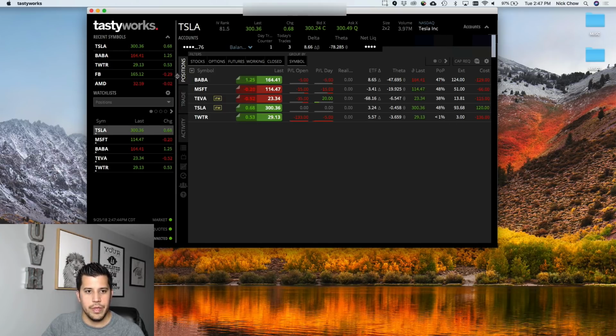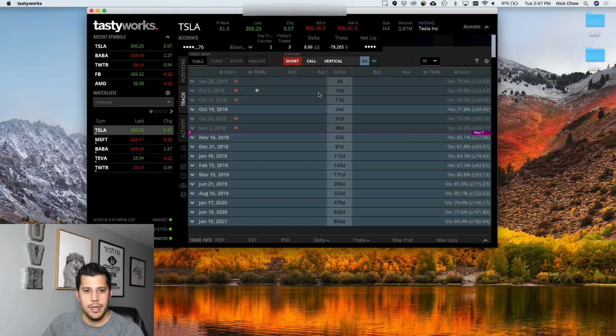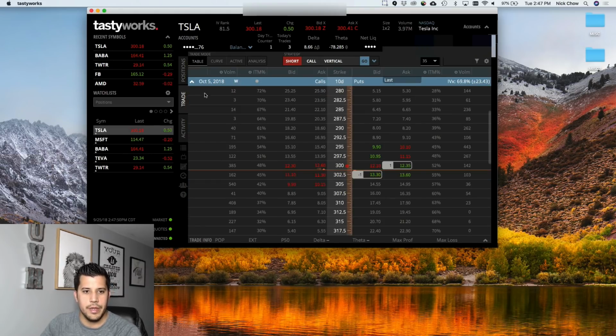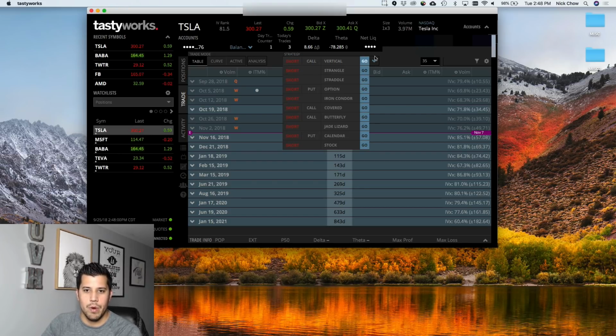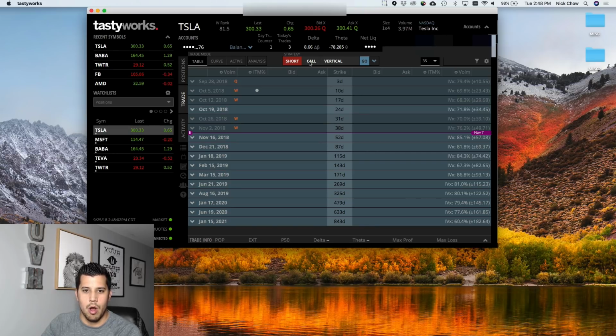So I'm going to kind of just go through these tabs one by one. The trade tab here, definitely easy to use. We have table mode, we have curve, we have active, and we have analysis. And then the best thing about Tastyworks, it automatically has strategy for you, so you can go through, depending if you want to do, you know, a short call. You can easily click on this, go to short put, vertical, and easily just switch back and forth to go